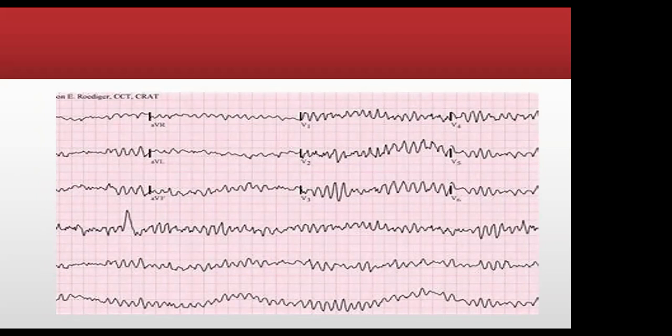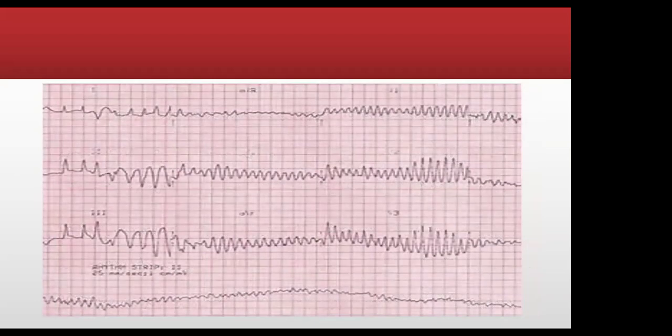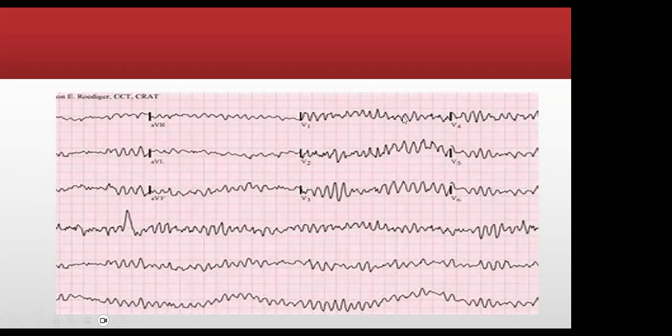So another differential may be ventricular fibrillation. Yeah, that's what I would think. I think it's more of ventricular fibrillation. That's a bit chaotic. If you look here, you see the typical twisting around the point. But if you look at that one, you can't see that kind of morphology. So this is more of a VF,